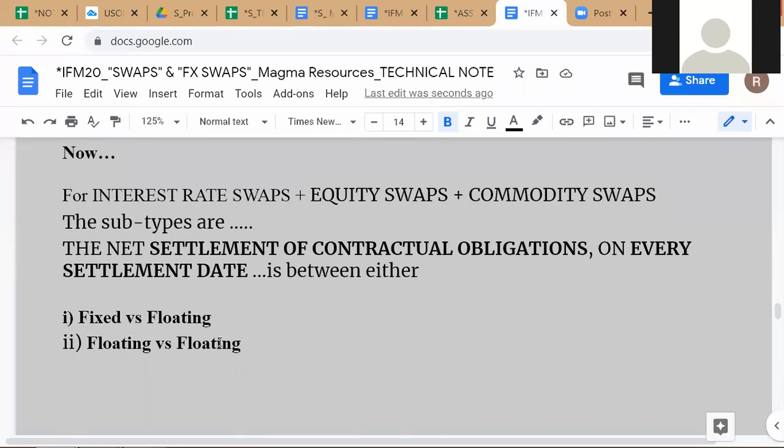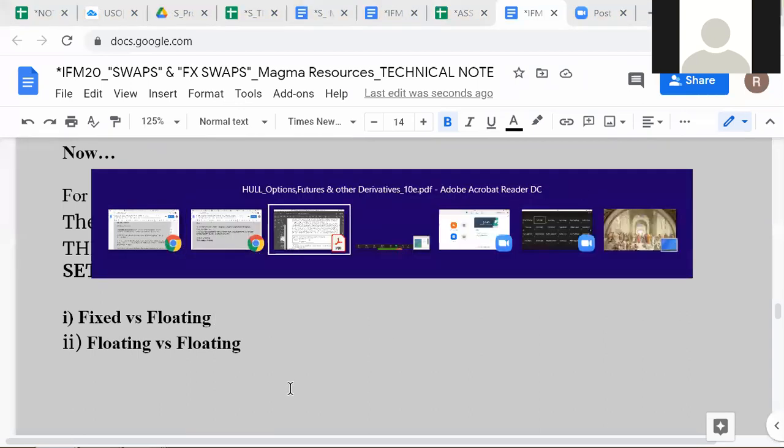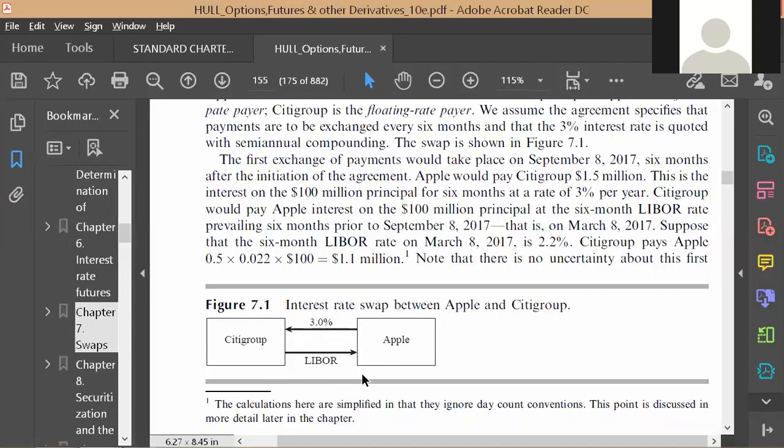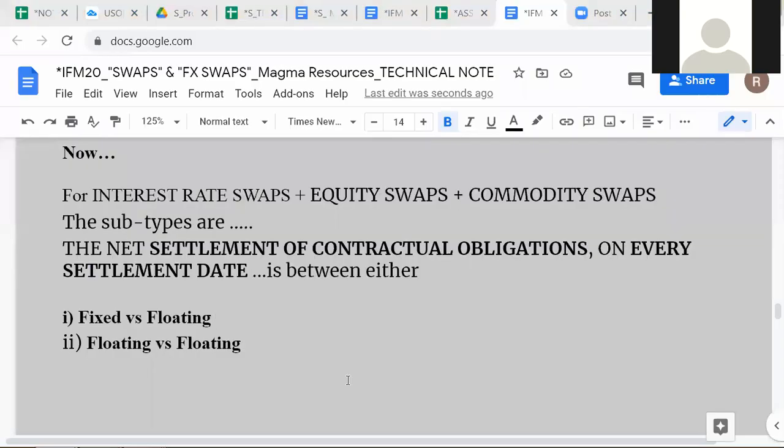I'll just explain briefly for equity swaps and commodity swaps. You've already seen the interest rate swap structure. In the case of commodity swaps, you can also have floating versus floating, because you may have West Texas Intermediate on one side and Brent crude on the other side. You can have that as well, or you can have fixed versus floating. In the case of equity swaps also, you can either pay a fixed rate or a floating rate. We will not go into a detailed discussion of equity swaps and commodity swaps, but you can understand that for all three of these products, interest rate swaps, equity swaps, and commodity swaps,